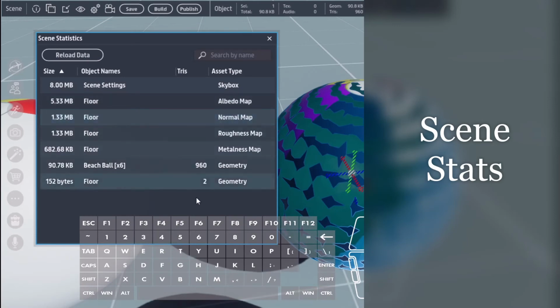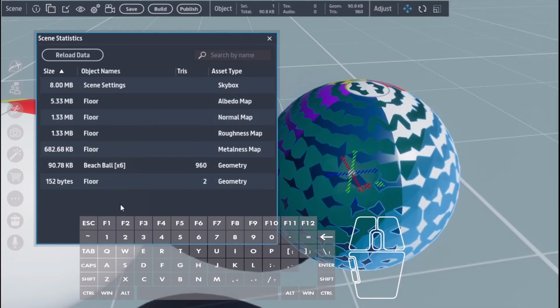Scene stats. Again, this is just another way to look at your data. It seems like they've updated a little bit here. It actually shows you where you're getting the heavy draw calls and how much space you're using on each one. So the skybox is 8 megabytes of data put in there. The floor is 5.3. So you got to be careful with all this